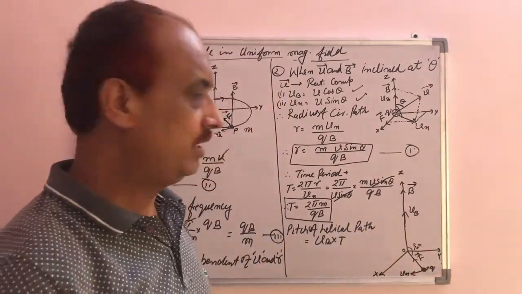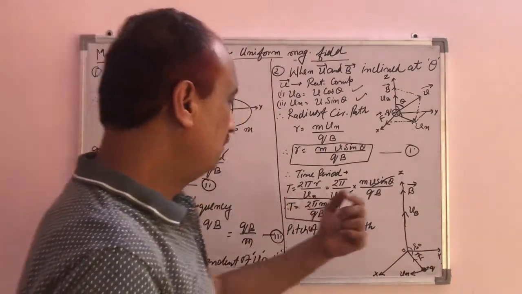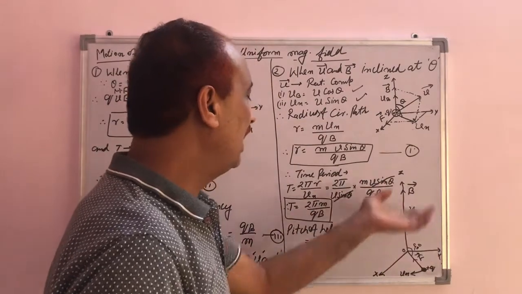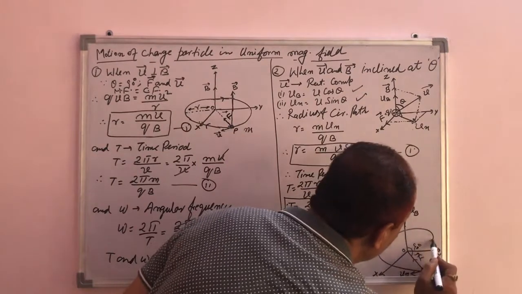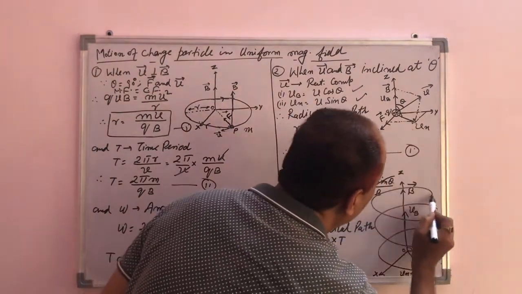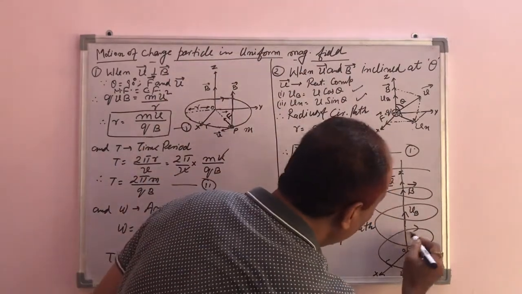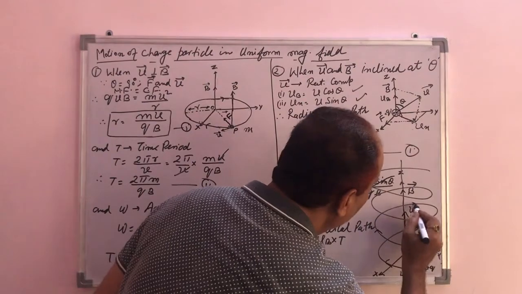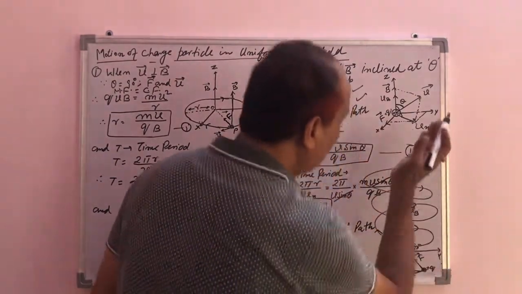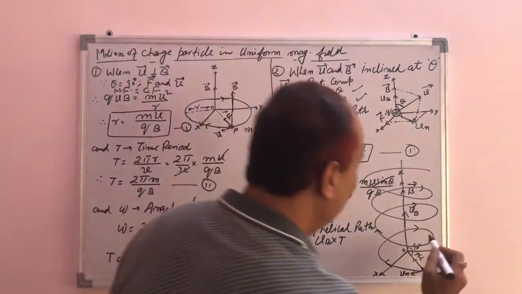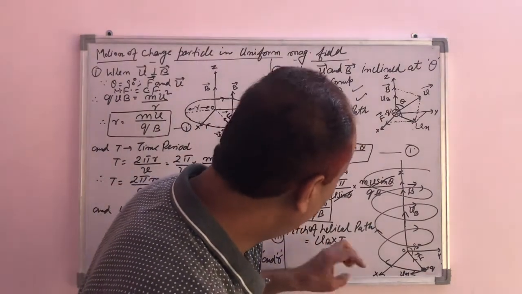to the charged particle. Therefore the particle is not continuously moving in the circular path only, but it is moving in a circular path as well as moving in upward direction like this. So it is moving just like this path. So this is the circular motion, but in the circular motion the Vb motion lifts up the charged particle in the upward direction, so that we have to find out the pitch.